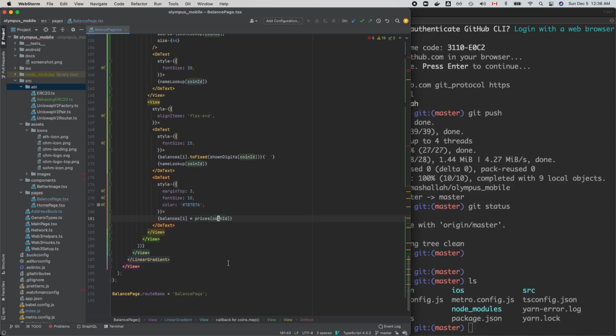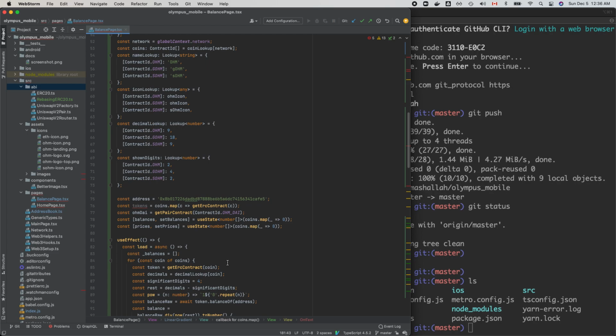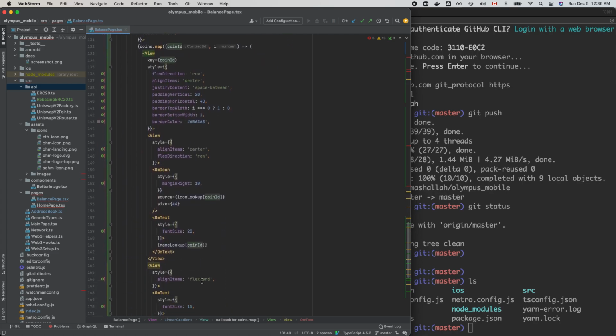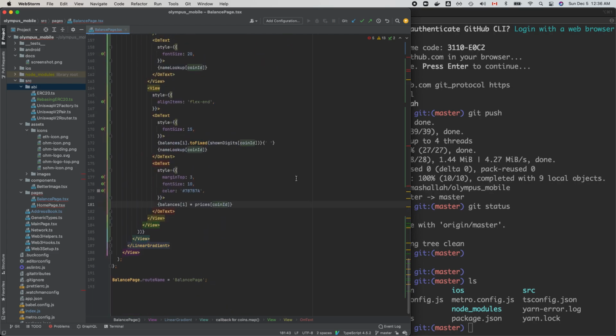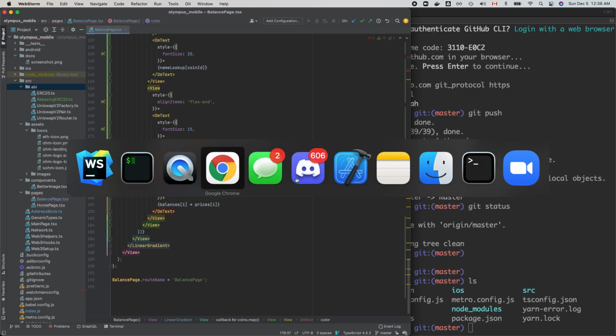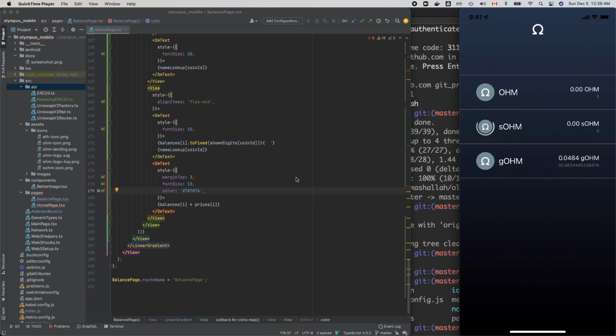Oh, because I'm passing the coin ID here. And the coin ID is not necessarily the correct one. So I guess I have to pretty much do I here. And that pretty much does help. It definitely does help. So it appears that this person has $30 worth of